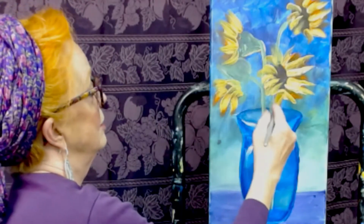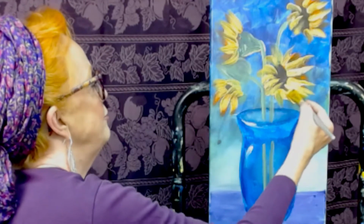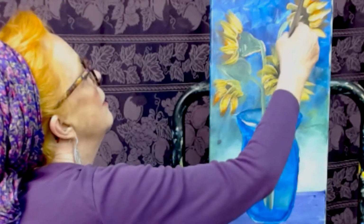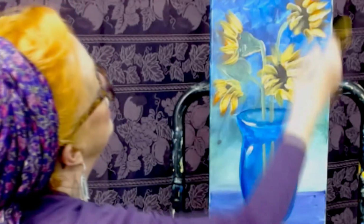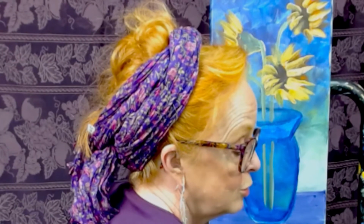I think I want to make this one come down a little bit more. I think there's like 54 petals in everything, but you don't have to put all 54 in. You know, that's all right. Okay, so that's coming in, and now while we're waiting for some of them to dry, I'm just going to